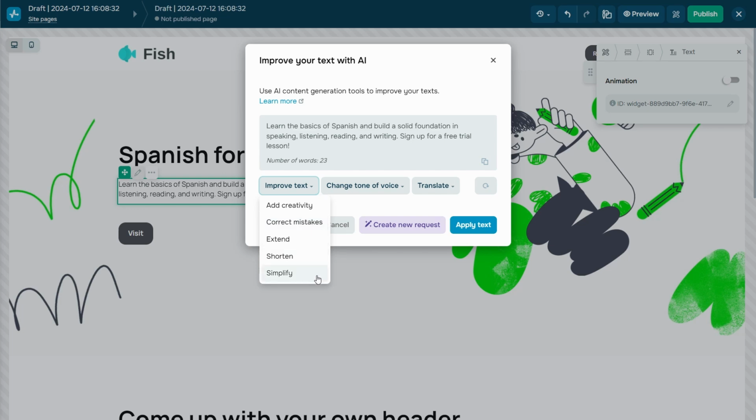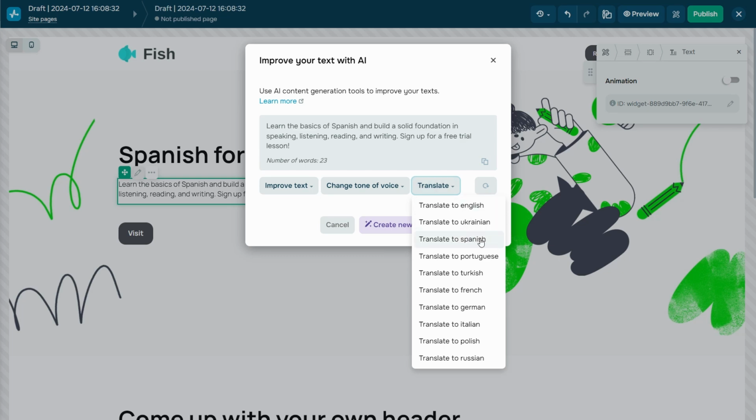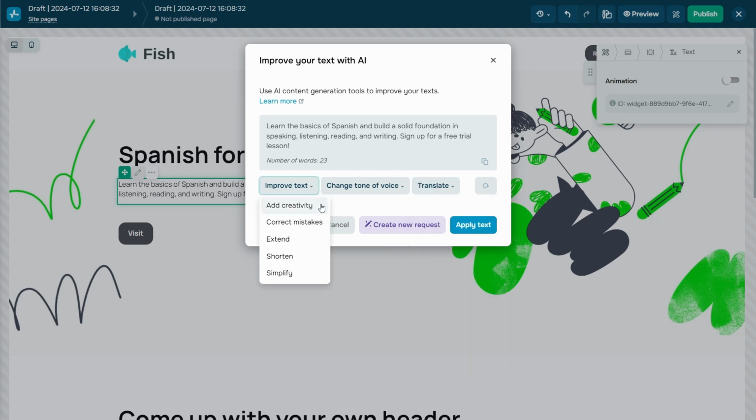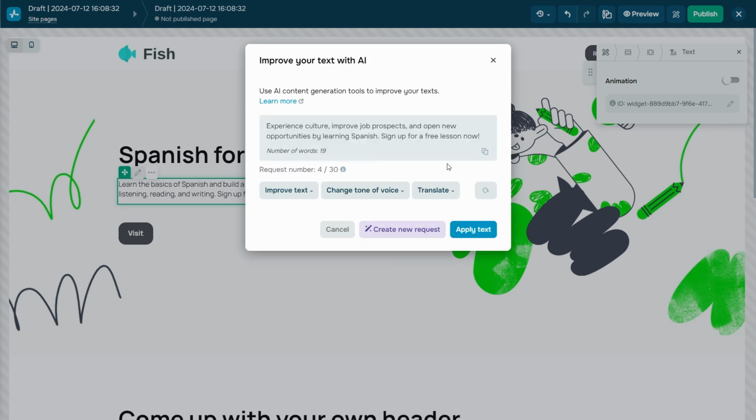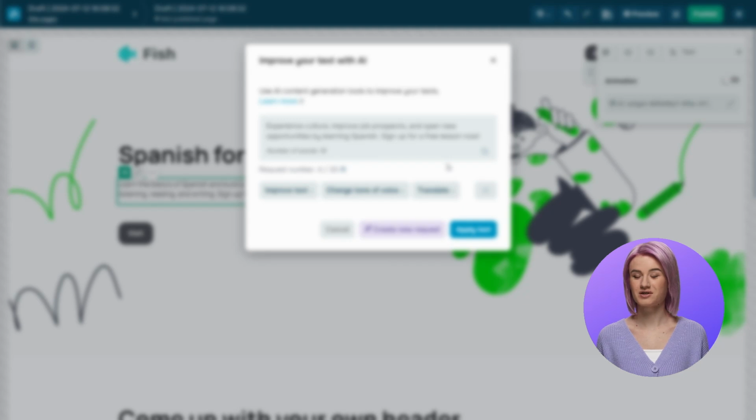You can fix typos, make the text longer, adjust the tone, for example, to sound more businesslike or friendly, or even translate it into another language. Let's explore a few creative options here. Once you have the generated text, you can copy it or generate a new version. SendPulse provides 30 free attempts. You can also start a new request by entering custom prompts. You can further improve or translate your text as needed, or simply use it as is. For more details on connecting SendPulse with ChatGPT, check out the additional materials provided with this lesson.